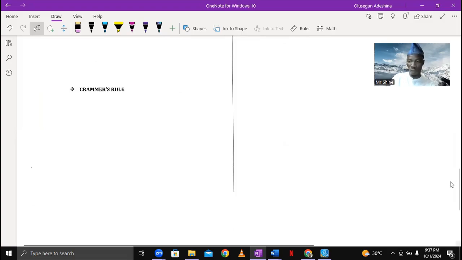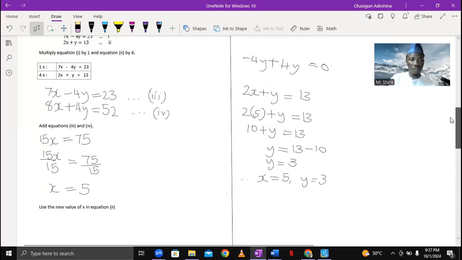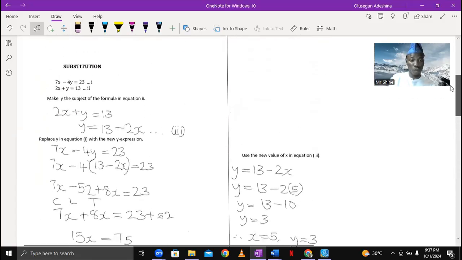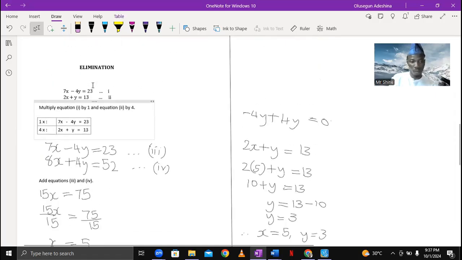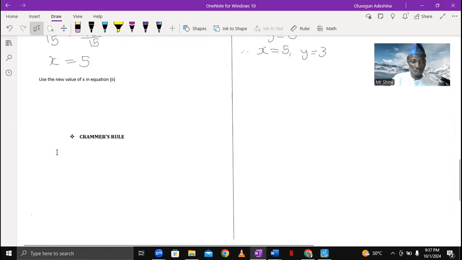So the first thing, once again, is to rewrite the equations. To write the equations out, that's the first thing. And the equations are these. All right,